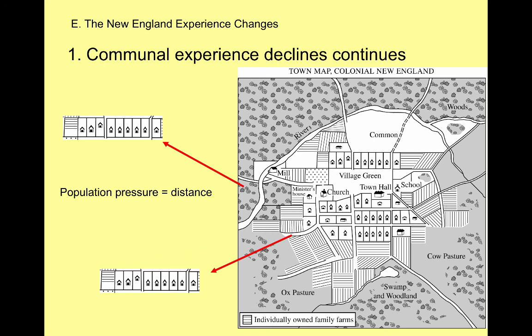Now, typically in English culture, when you have many children, the oldest male child will inherit the family farm. And then the other children, well, I'm sorry, you're out of luck. You better go find your own farm. This is called primogeniture. It means the firstborn son is going to inherit everything.